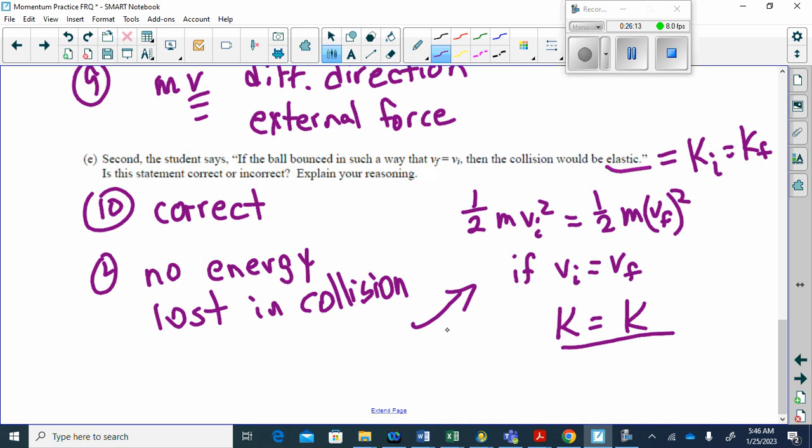So saying that you didn't lose energy, showing that you didn't lose energy will get you the last 2 points